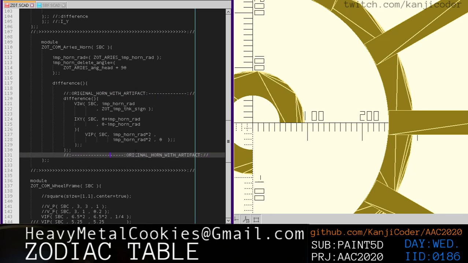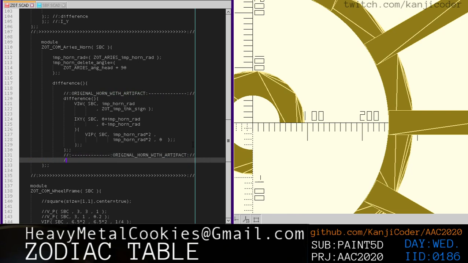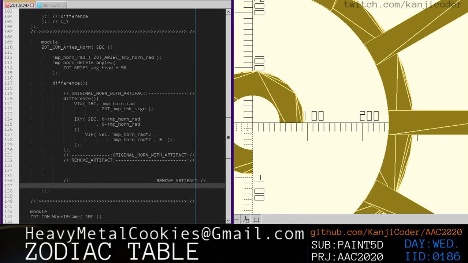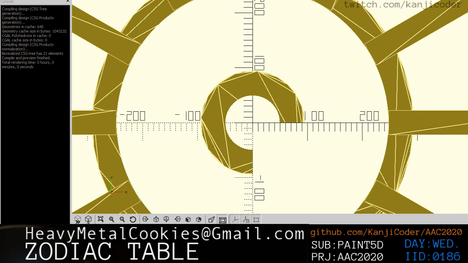And then remove. So we're going to remove the artifact right here. Okay, to remove the artifact, we'll get to that, but hold on, let's make sure that there are no syntax